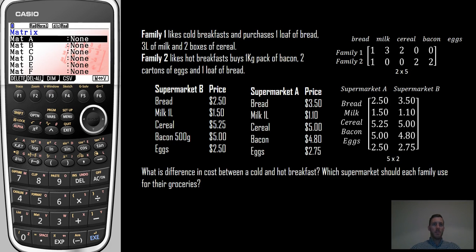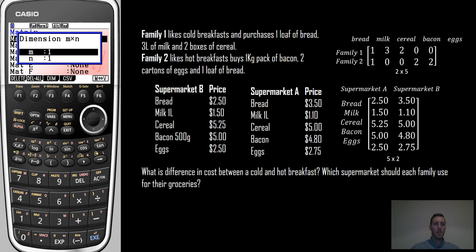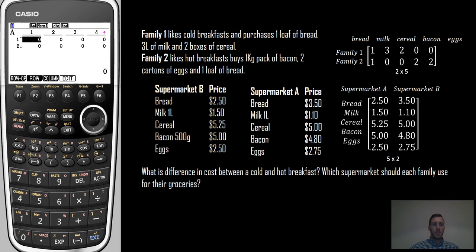To define our first matrix as A, make sure that mat A is highlighted, and then press F3 for dim, which stands for dimensions, which we also know as order. And then we enter the dimensions of our first matrix, which is 2 rows, M, which is our rows, and press EXE, which is for execute, and then enter 5 for N, which is the number of columns. And then we press execute again,